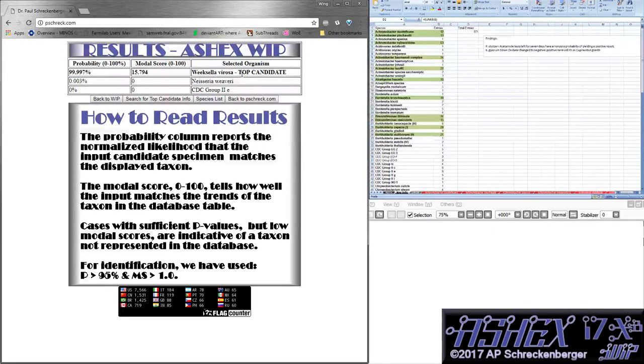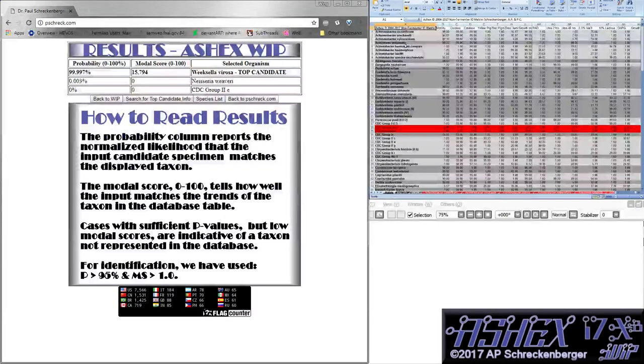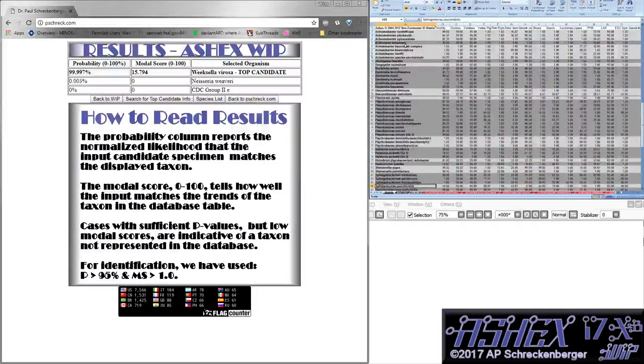So all of your different species. Now, of course, this could be a problem. For example, if you have a specimen that isn't in the matrix, right? If it's not covered by this gigantic table, then chances are it's going to still return a high probability because it's going to choose one, but then you need to assess how well it follows the trend, and that's what